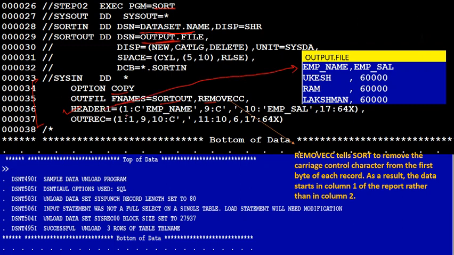At the first column there is the employee name, and at the ninth column there is a comma, and at the 10th column there is the employee salary, and after that there is space, 64 bytes of space. Then there is OUTREC, which fetches the data from your input file dataset. It will fetch the name from 1 to 9, like it has fetched the UK's name,